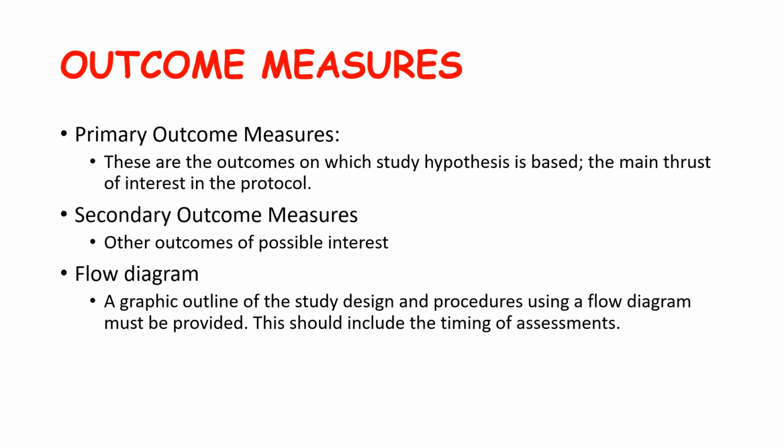For example, if your outcome measure is the effect of a drug on blood pressure, your primary outcome measure is the change in the blood pressure. So how will you measure, how frequently will you measure, and what instrument will you use to measure the blood pressure? All these things have to be mentioned in the methodology. And then what secondary outcome measures may come out, that also you can do. So let us now see.